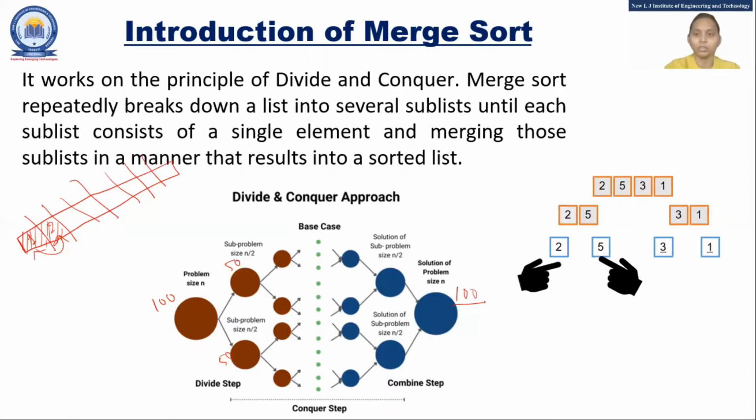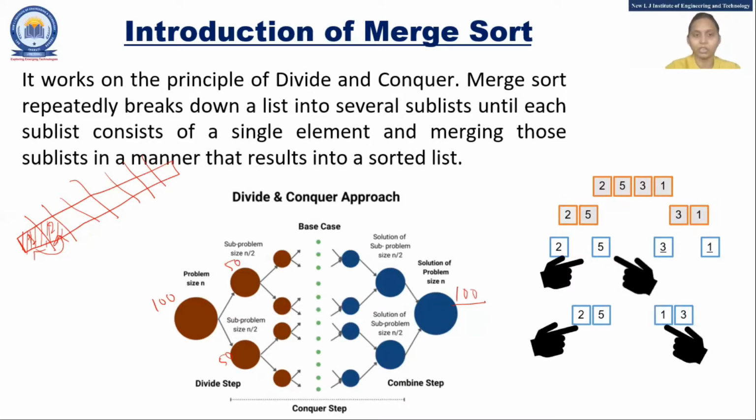Now check 2 and 5. 2 is smaller, so 2 will be taken and then move your finger ahead. In our case, it is only one number, so the next position is empty. But if it is a list, then it points to the next number. So now the next number is 5. In the same way here, 1 and 3 need to be swapped, so 1 will be taken first, then 3.